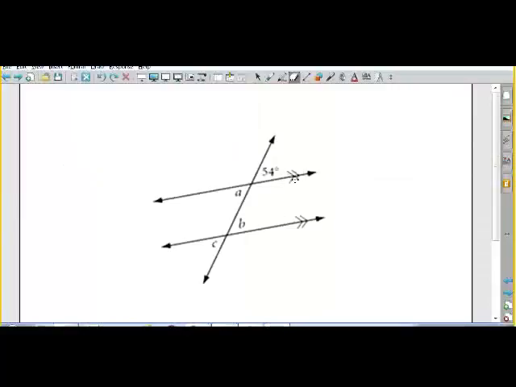Okay, this one's easy. This is the old big-small angle setup. We have two parallel lines. That's what these things mean. They're parallel. So, Jackson, are you the next person, the next victim? I'm going to let you answer all the questions here. Yeah, all the small angles are 54. And all the big angles are